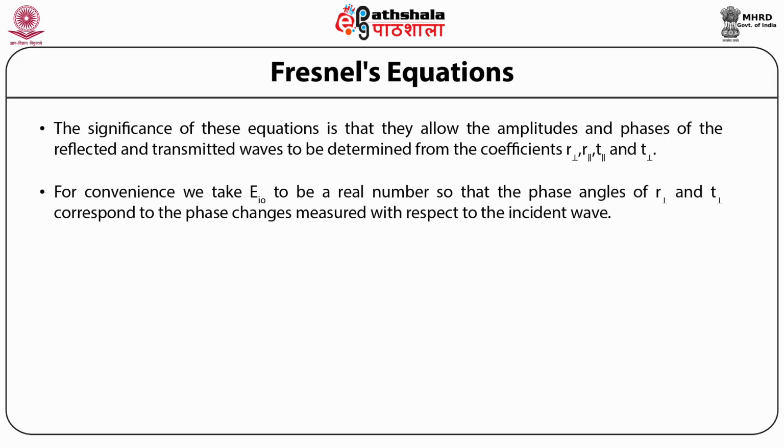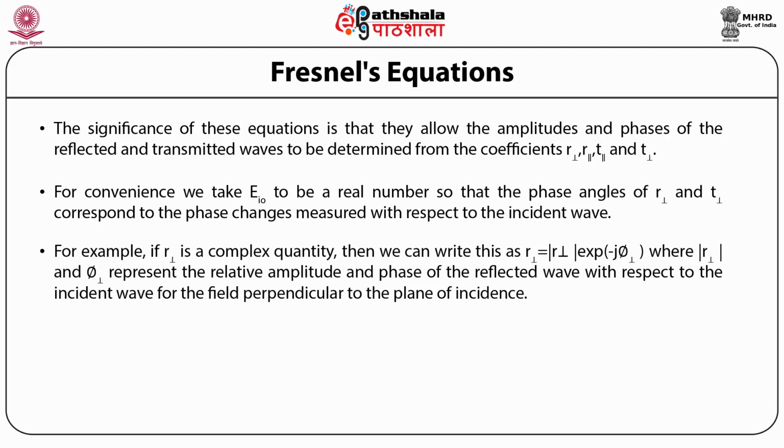For convenience, we take EI0 to be a real number so that the phase angles of R perpendicular and T perpendicular correspond to the phase changes measured with respect to the incident wave. For example, if R perpendicular is a complex quantity, then we can write R perpendicular is equal to modulus of R perpendicular into exponential of minus j phi perpendicular, where modulus of R perpendicular and phi perpendicular represent the relative amplitude and phase of the reflected wave with respect to the incident wave for the field perpendicular to